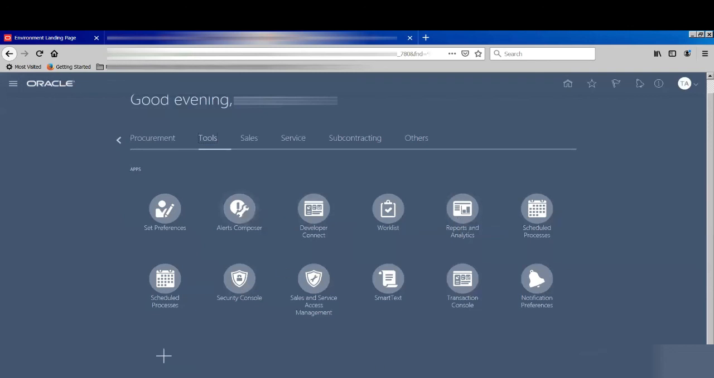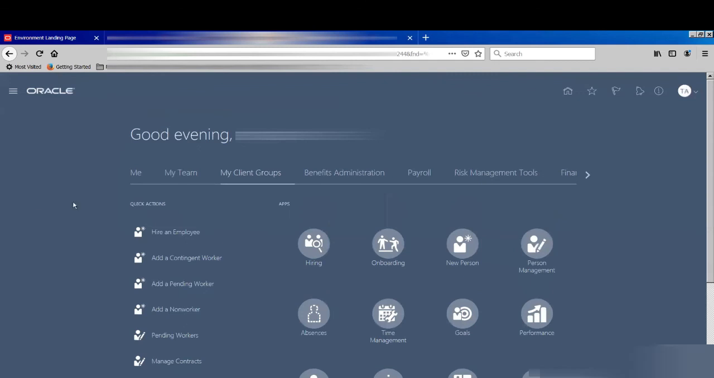Alert Composer is where you can create alerts. People from an EBS background know how we create alerts in the Alert Manager responsibility. From there we can create alerts and deliver emails whenever an event happens, based on a schedule, something like that. We have seen the navigations enough. Let's go back to our